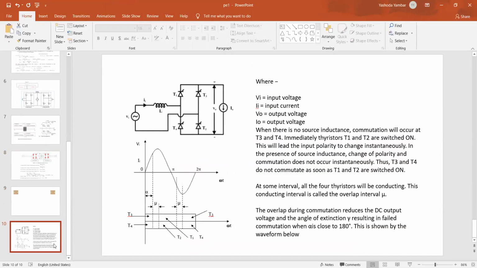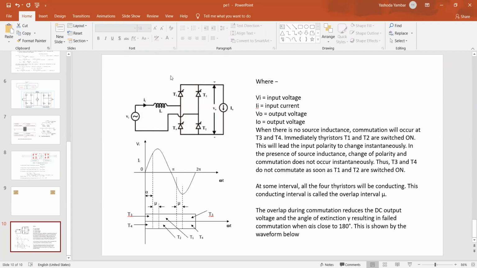Next topic, we just take a simple one: effect of source inductance. This is a short one, you can see. Practically, what do we assume the AC source is? Anyone tell me? The AC source is nothing but a synchronous generator. A synchronous generator has windings. Throughout power electronics, we neglect the internal resistance and internal inductance of the synchronous generator. So in all the circuits, we assume that the winding of the synchronous generator is neglected. But in practice, the synchronous generator has its winding, which is shown here.